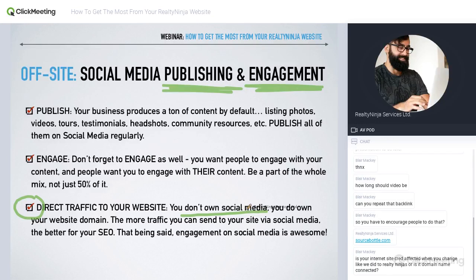For your website, you want to earn as many SEO points on that domain as you possibly can. So always try and send traffic back to your website, because the more people visiting your website, the higher your SEO score goes up. Blair, just reading your question: is your internet site credibility affected when you change, like we did to RealtyNinja, or is it the domain name